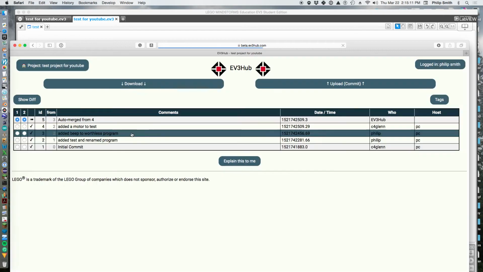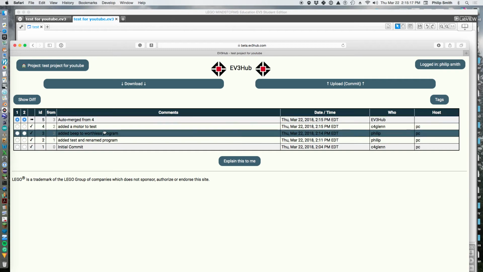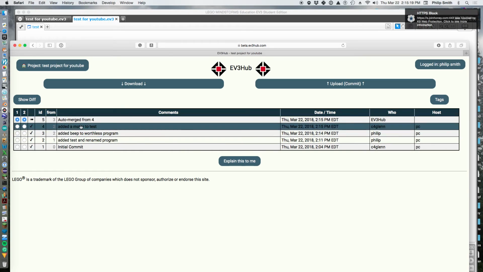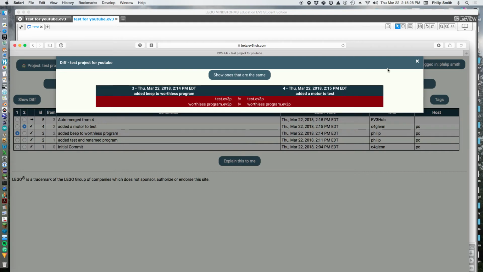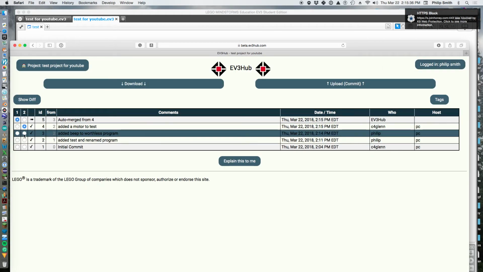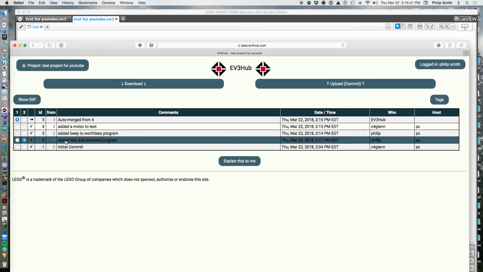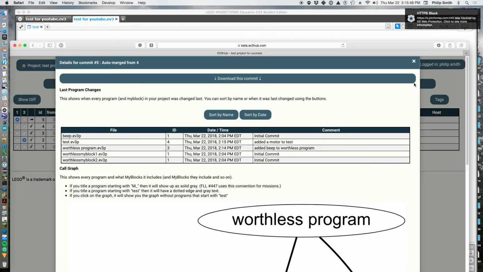So if you notice, these both came from 2. So what it did was it auto merged them. It took the 2 different things that were changed here, and it merged it into here. So if we look, the difference between these two, test is different and worthless program is different. Well, when I go here, it merged the test into here. So if we look, the 2 things I changed were worthless program and test, right? I changed those 2. So if I look from the auto merged and the one that I downloaded from, I changed test and worthless program. So the auto merge is cool because it means that,